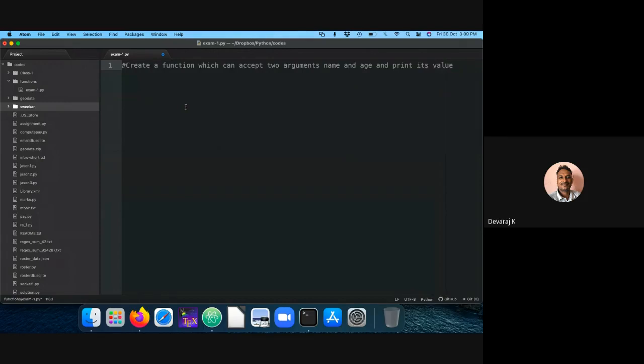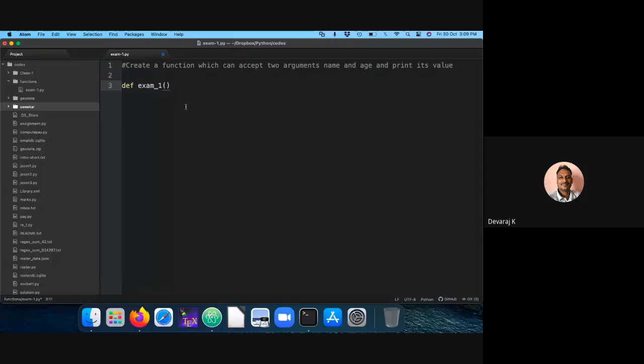Let this be my code actually. This is where I need to write my code. I have to use def, which means it's a new function. Let me call this example_one. I'm calling this function example number one.